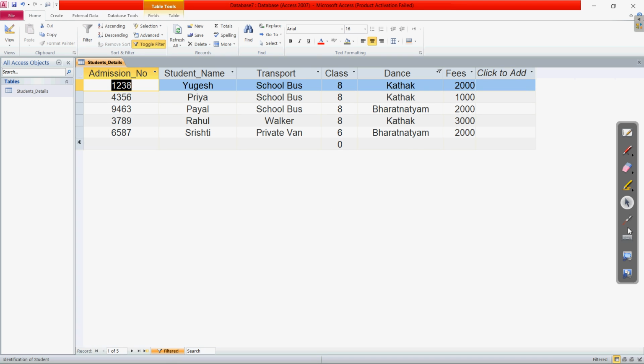Here you can see the names of those students who are having either Kathak or Bharatnatyam. I hope you have got it. We have used the selection criteria, the filtering option using OR, with Kathak or Bharatnatyam. I hope this is clear.